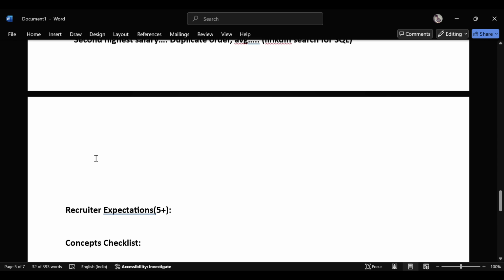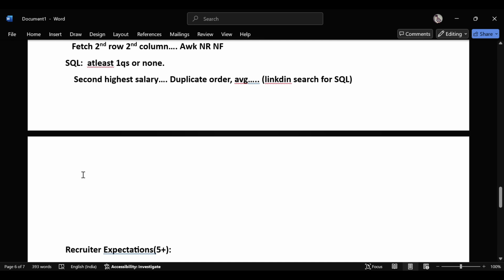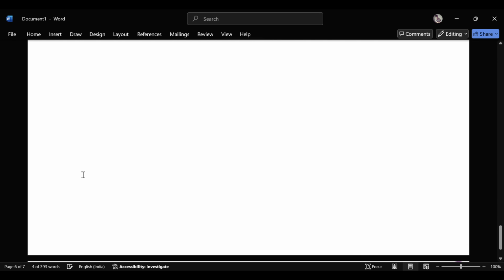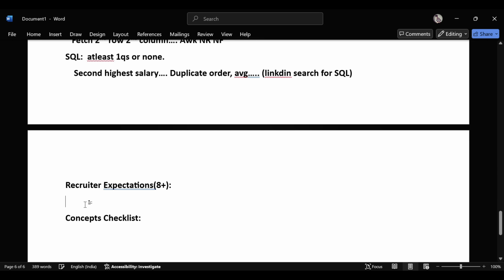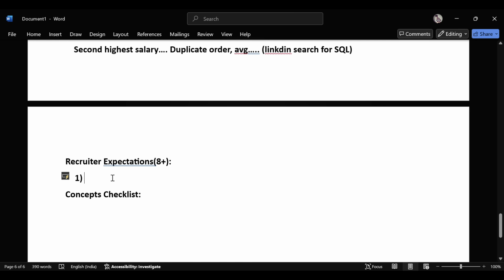Now we'll focus on 8 plus. The expectation is, if you have crossed 8 plus, you should have experience leading a team. Because the recruiter from a company will normally give you a lead position if you are 8 plus.